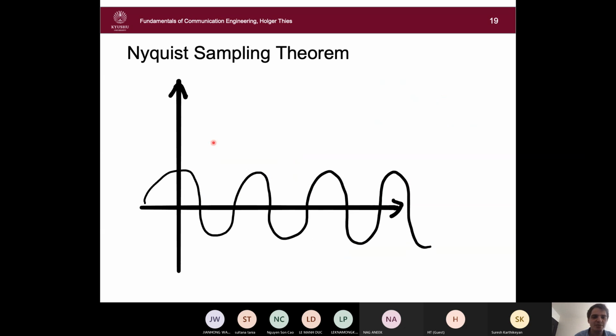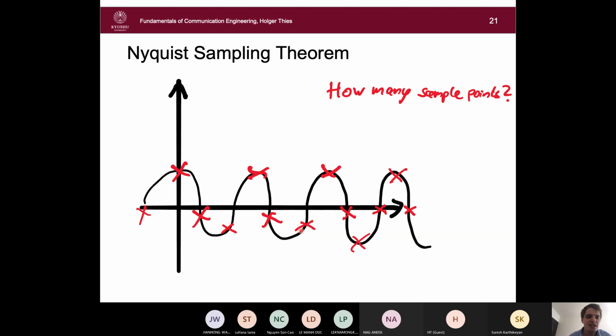So if we look at a signal like this, as I told you, every signal can be decomposed into waveforms like this. So it will be some periodic wave like this. And let's say we just take very few points. So we take just maybe 3 sample points, and then somebody tells you, please reconstruct the waveform you will get from those 3 points. But you cannot do that because it's not enough points.